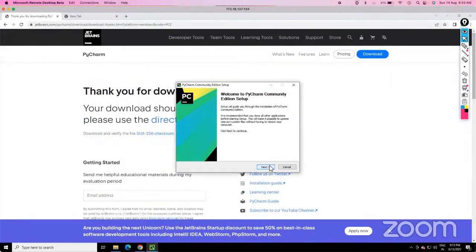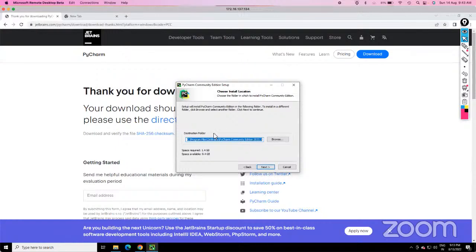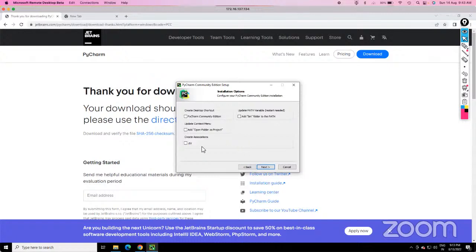See, now hit next. Don't play with these destination folders. You can change it accordingly, but I recommend you don't play with this. Now this box, right? The same thing. Check everything which is written over here. Python community edition, it's a shortcut only that we want. Context menu, you have to add